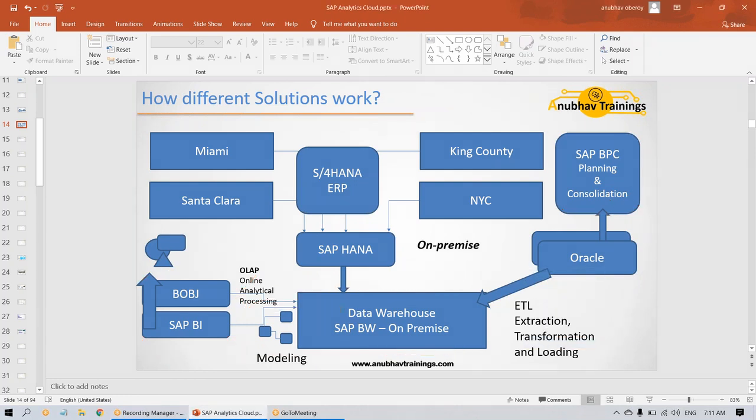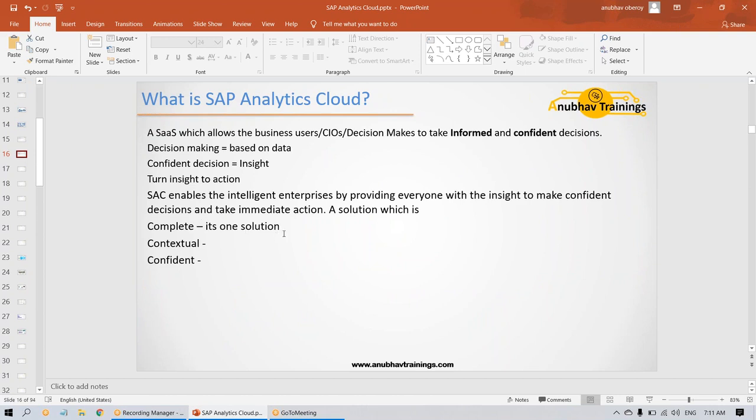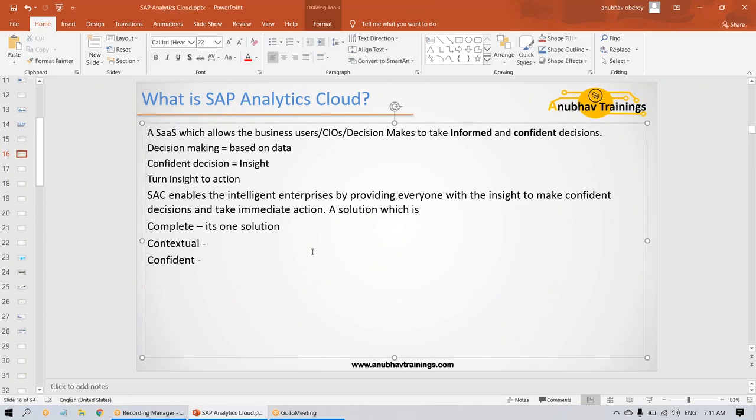Now, what if I say you don't have to buy this, this, this, this? You can buy one solution which helps you do all of this. Yes, guys, that's one reason Analytics Cloud is getting so popular in the market. So many companies are opting for a subscription to Analytics Cloud. In the on-premise world, we call it a license. In the cloud world, we call it a subscription. So it is one single solution which has all the capabilities,